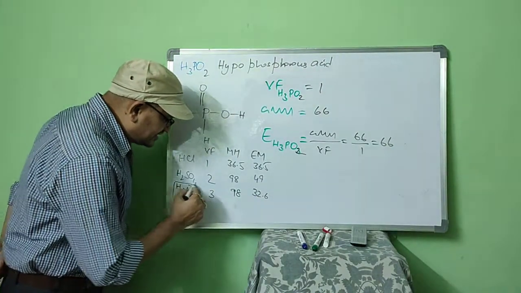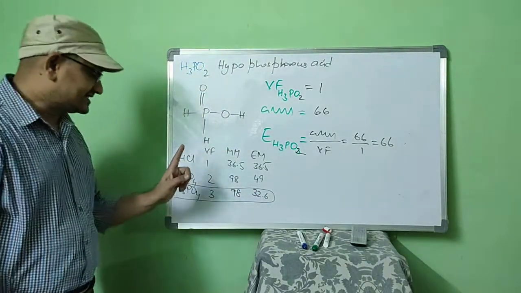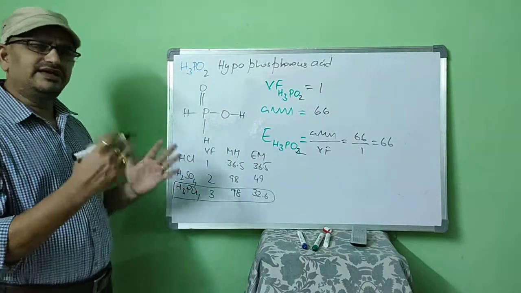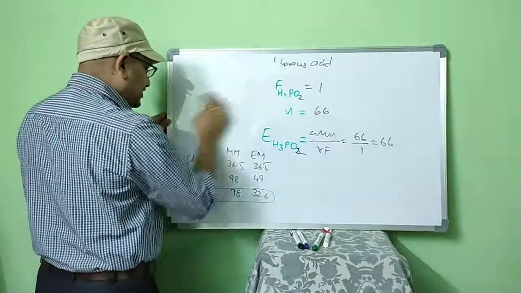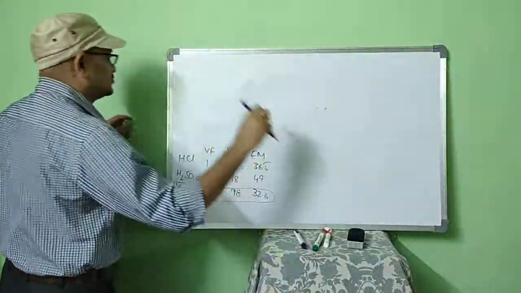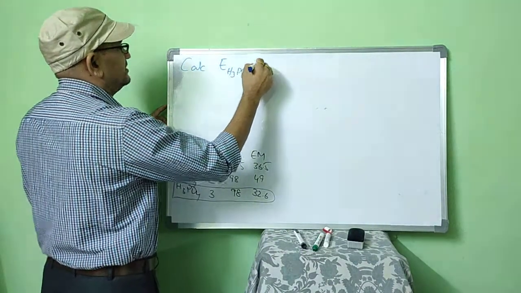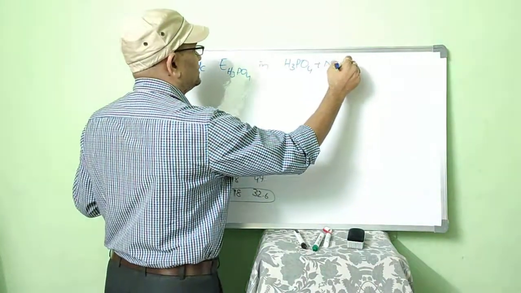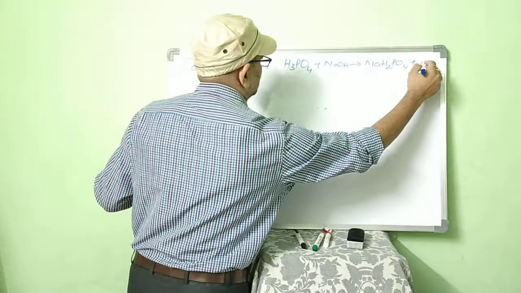We did all these things in the previous cases. If they ask to calculate the equivalent mass of H3PO4, we can directly answer like this. But for the same H3PO4, sometimes they may give a twisted model question. Let us see that. Calculate the equivalent mass of H3PO4 in the given equation: H3PO4 plus NaOH gives NaH2PO4 plus H2O.